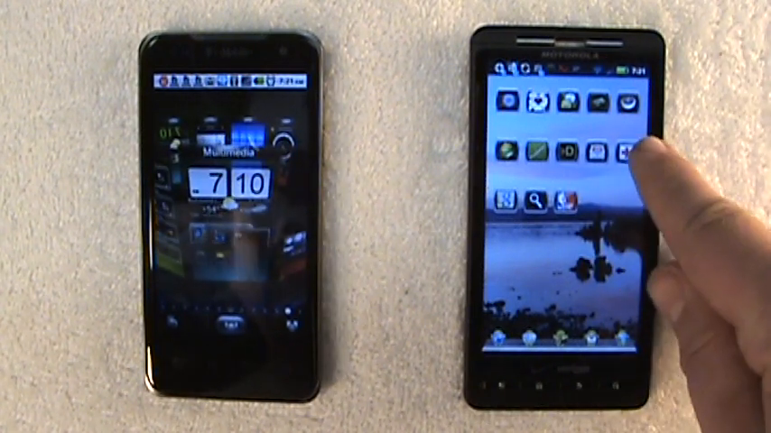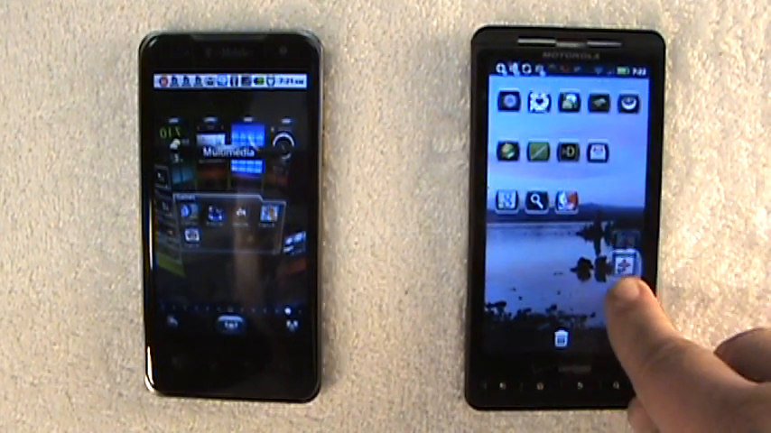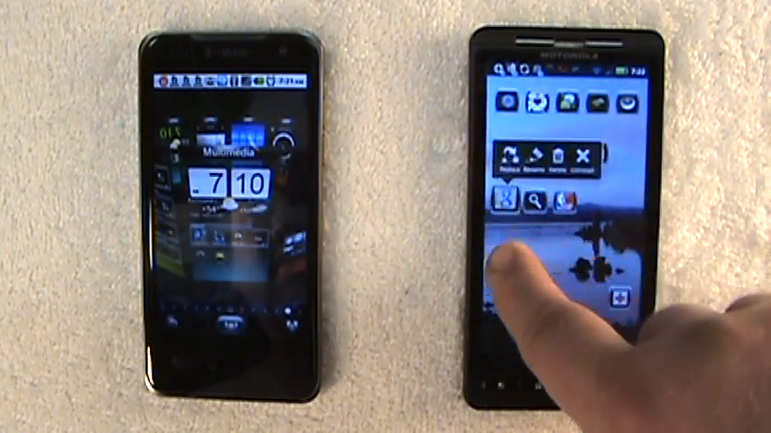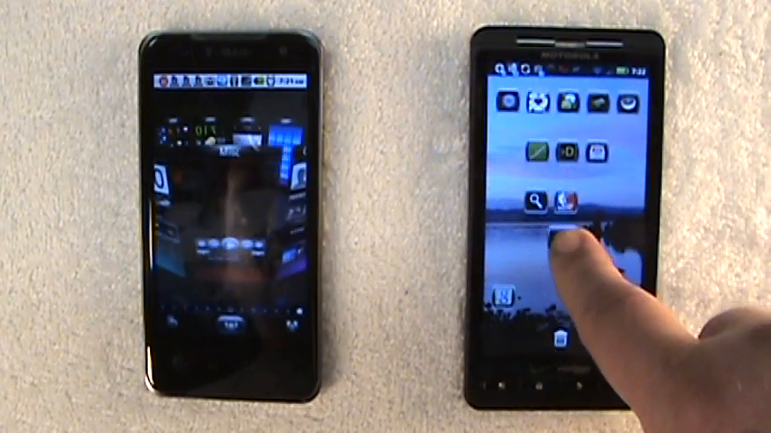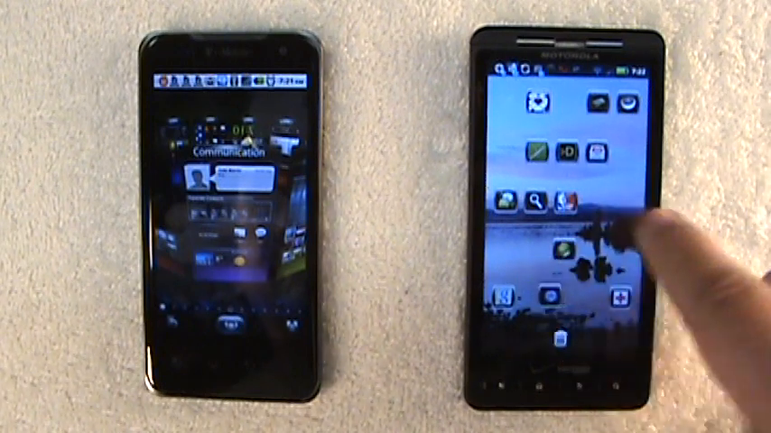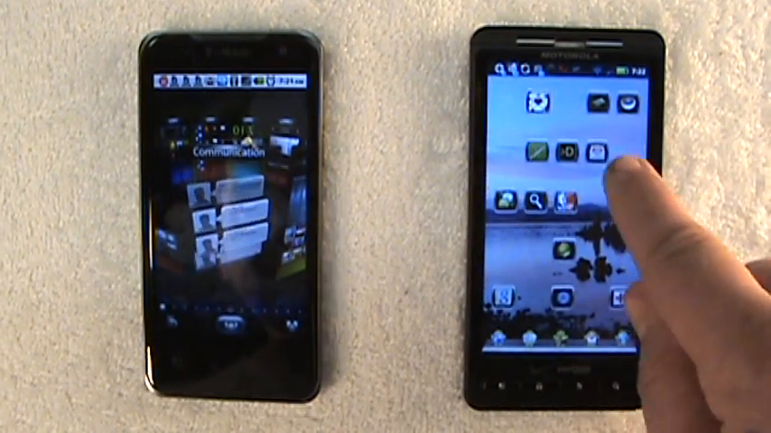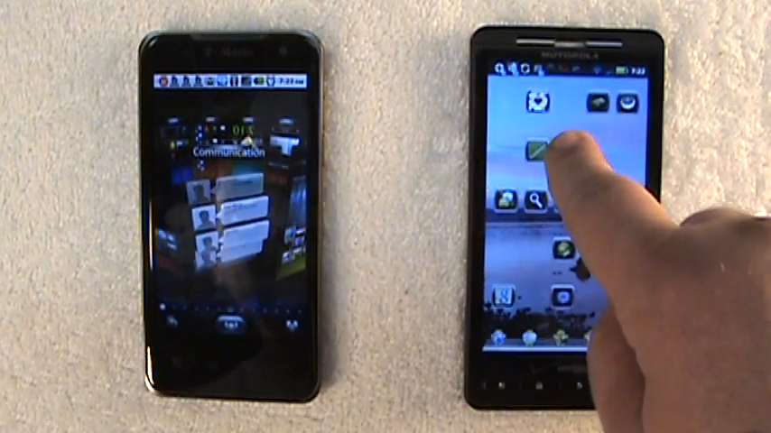I can put those all up there, and then I can pick those up and move them around wherever I want to. They don't float back up to the top like they did on SPB Shell 3D. So I like that. I'll move these out of the way so you can see